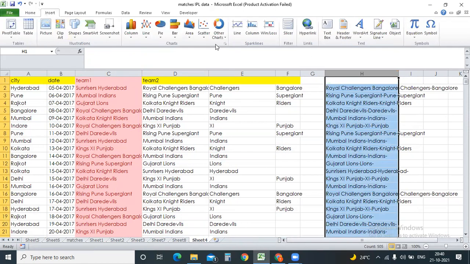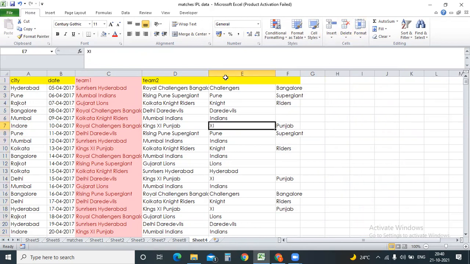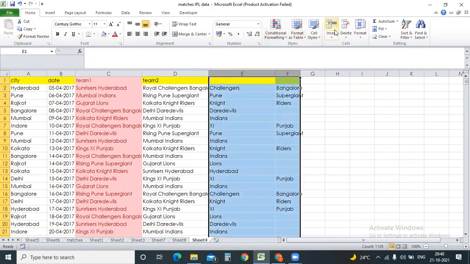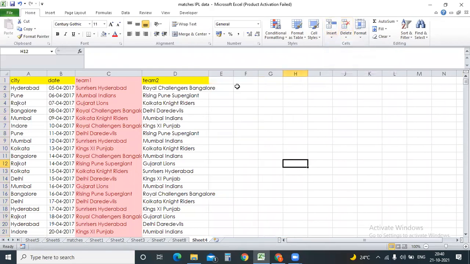That is the beauty of Excel. Now let me delete these 2 rows as well. So now everything is done.